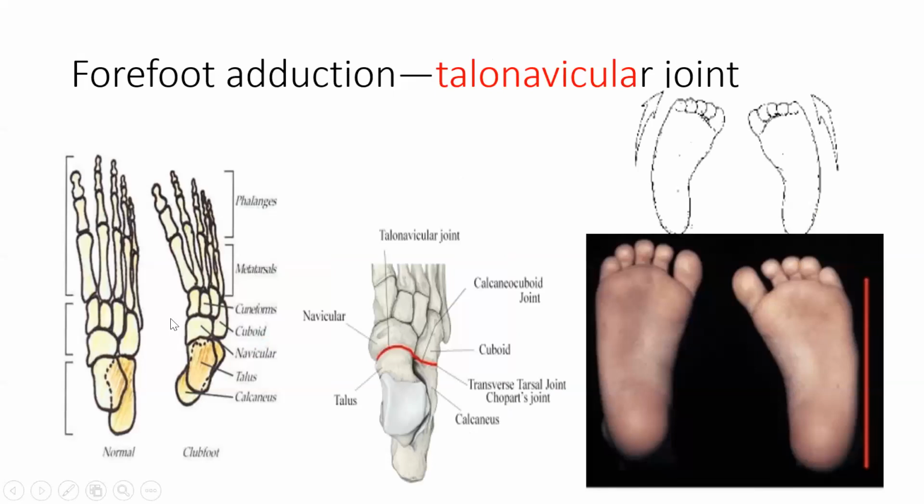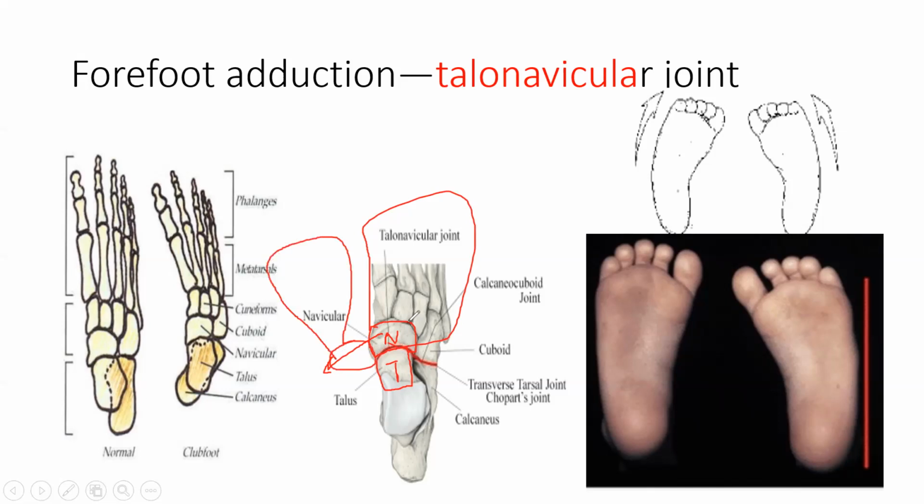Now there's a forefoot adduction. What is forefoot? The metatarsals and everything beyond are the forefoot. This is your midfoot and this is your normal zone. So what happens in CTEV? The problem is at the TN joint. The talus is here, a round box. Ahead of the talus there is the navicular. The navicular lies distal to the talus, but in CTEV this navicular comes medially. Because it comes medially, it holds the whole foot in adduction, so the whole forefoot comes this way.